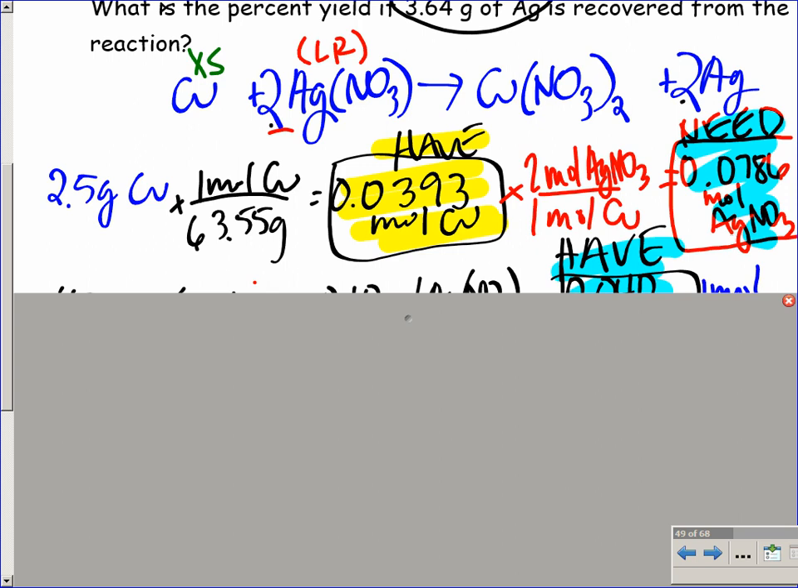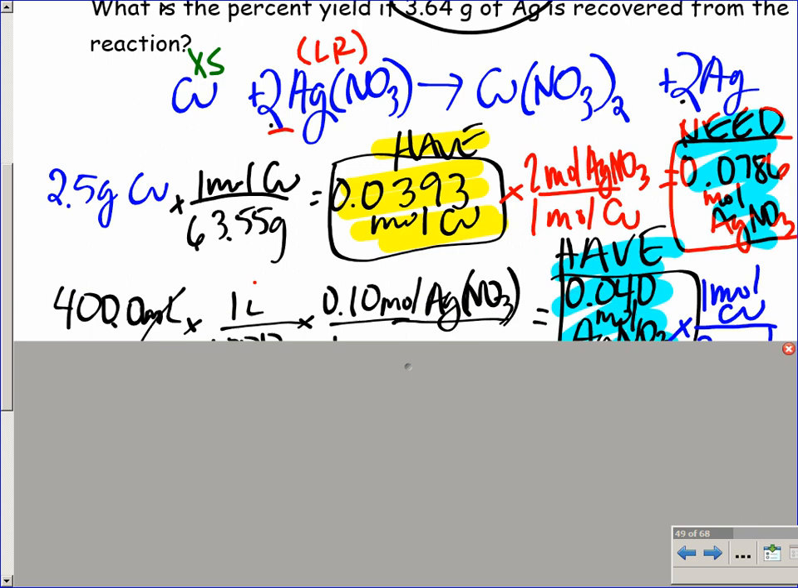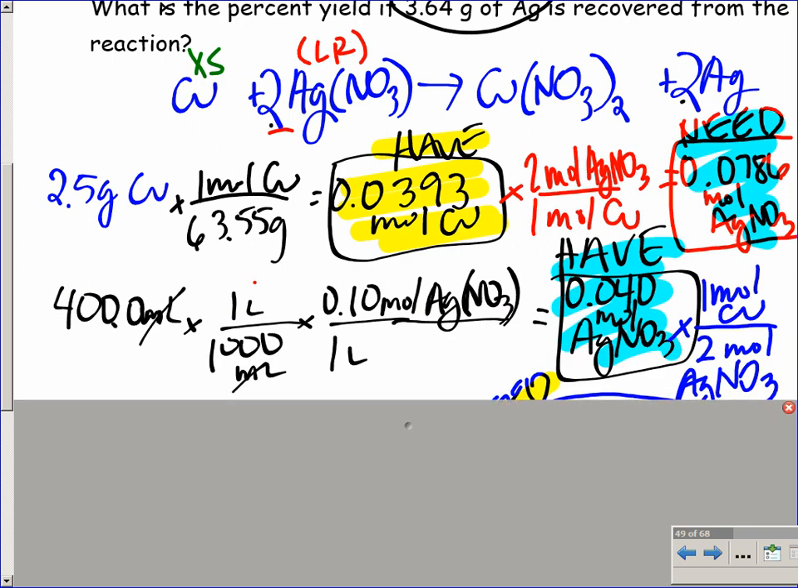From the equation, right? 1 and 2. So that's basically saying I needed 0.0786 moles of silver nitrate. And then you did the process with half of your other reactant, which was 400 milliliters, converting to liters and using your molarity, and you got half of 0.04 moles of silver nitrate. And so this half needs to be converted to the other need, so the need of copper,